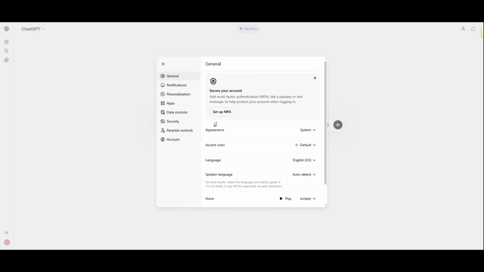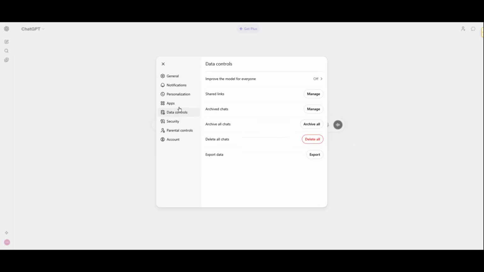Inside Settings, look for the section called Data Controls. Click that, and you'll see the export tools for your account. This is the key step because instead of manually selecting conversations and copy-pasting them into another document, ChatGPT can package everything for you automatically. In the Data Controls area, find the option that says Export Data and click the Export